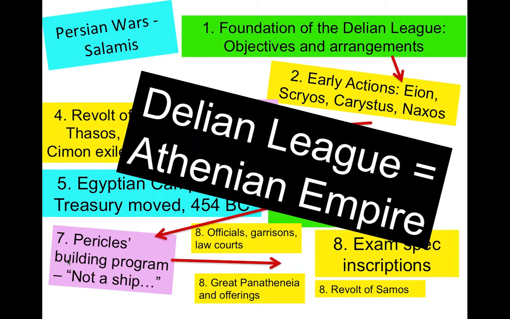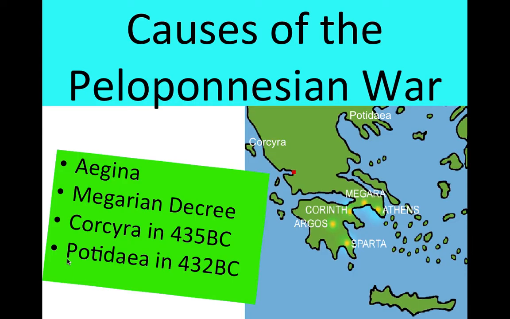Now, what this did is that the pan of the Greeks is certainly on simmer, and that starts to boil over when Athens starts to interfere beyond its remit. And the four real key causes of the Peloponnesian War are Athenian interference in Aegina, the Megarian decree, and certainly Corcyra and Potidaea. Corcyra and Potidaea really bring a tension between Corinth and Athens into the fray.